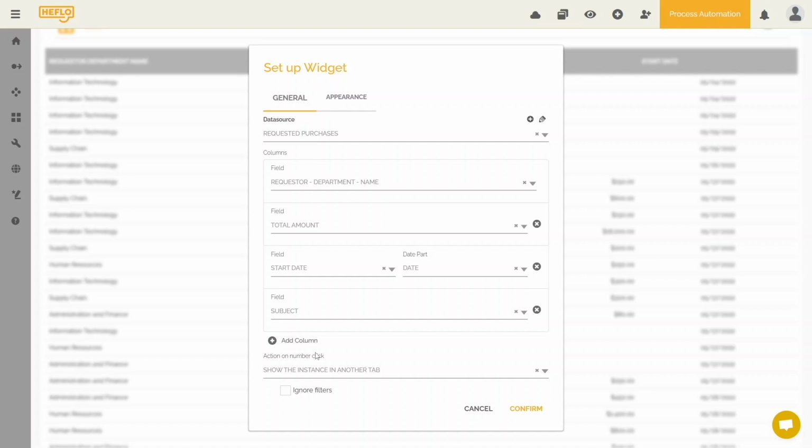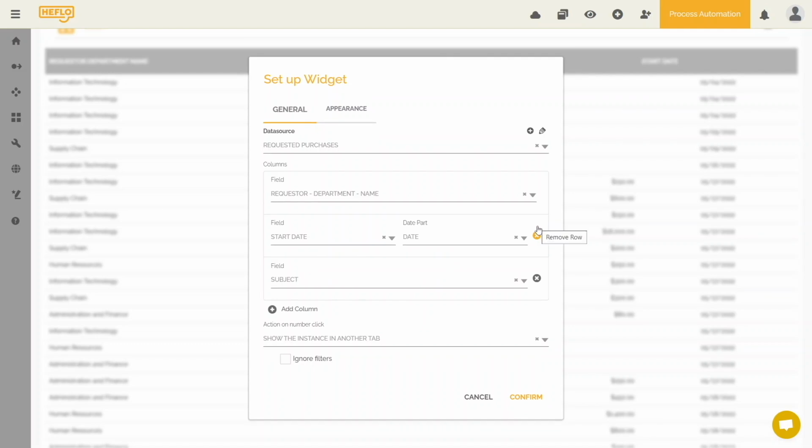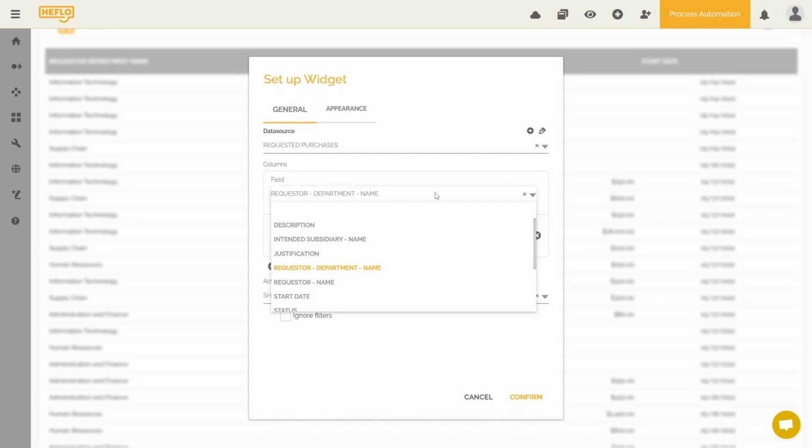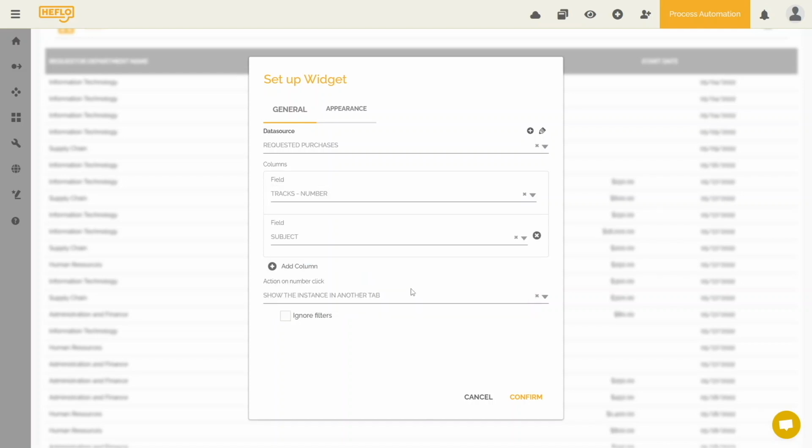I want to rearrange this here, so I'm going to remove some columns. I will indicate that in this first column I want to display a work item number. In the second column, the subject.